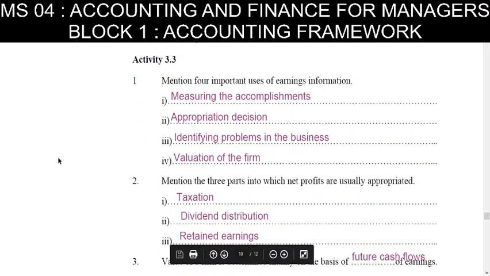There is this activity. It is a revision of what we have studied earlier. Mention four important uses of earnings information. So it measures the accomplishments, like how much profit was earned in a particular accounting year. Appropriation decision means how much can be withdrawn after the net profits, after deducting tax liability and putting aside some money for future growth also. How much can be withdrawn? What is the maximum amount? Identifying